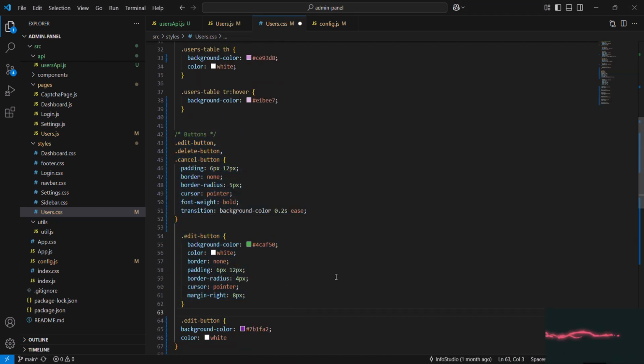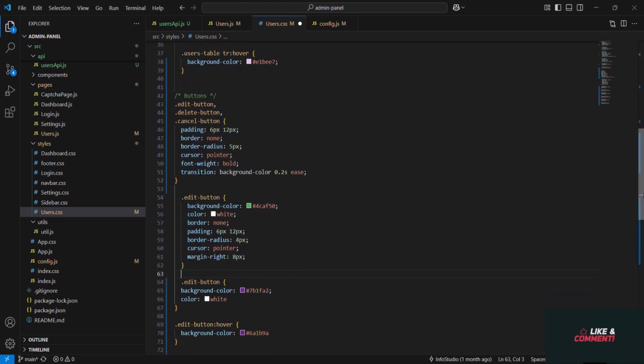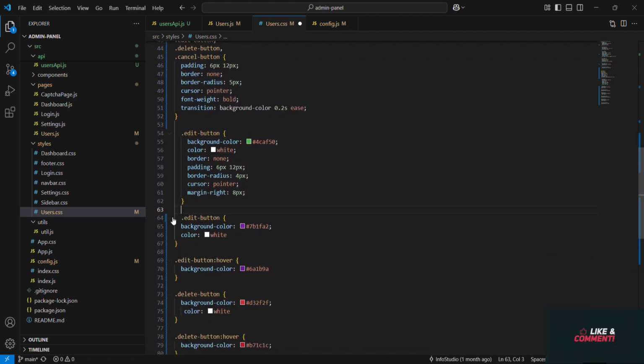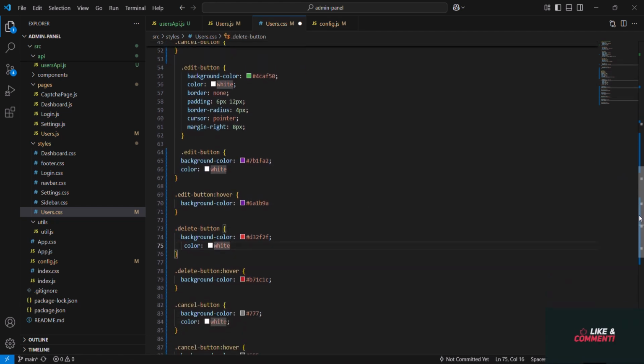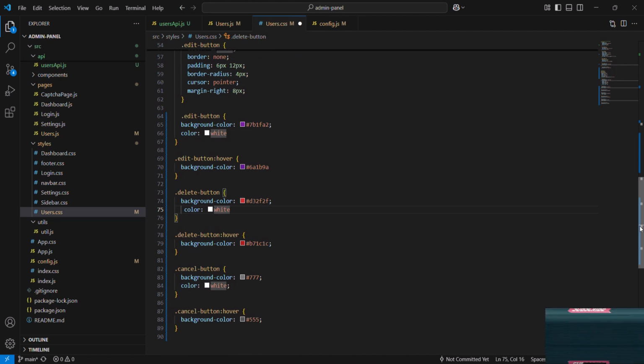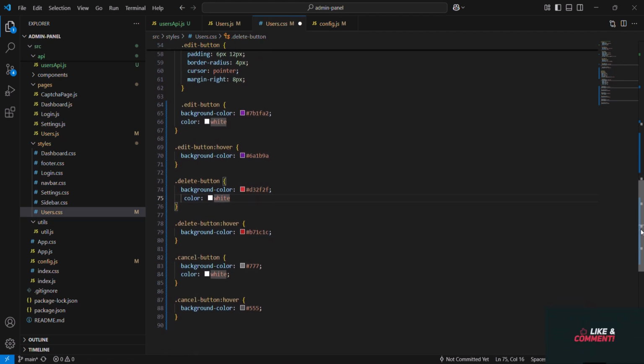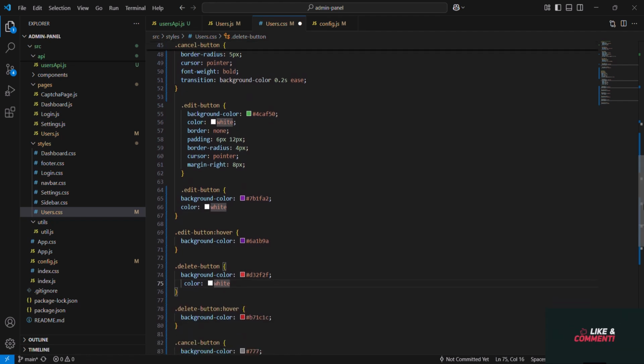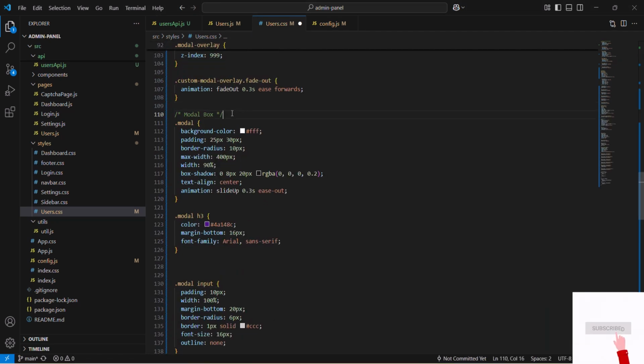The old buttons used green and red for edit and delete, which was fine, but didn't match our purple theme. Now we've redesigned all buttons with spacing, consistent padding, and soft hover transitions. These buttons now look more premium and consistent with the design of the modals. Next up, modals.